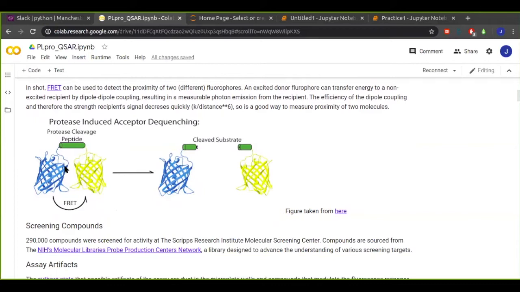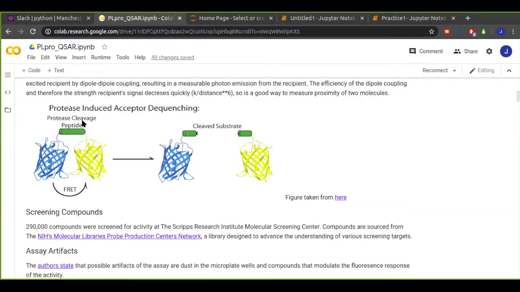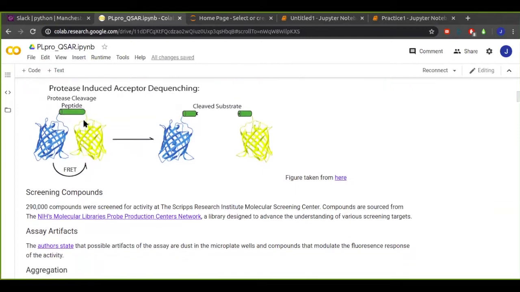And the way that's been used here is we're linking together these two fluorophores with a target site for the protease in question. That's pretty much how the assay works. If it's active, then it will cleave this peptide here. The molecules will drift away from each other, and we will no longer see the second fluorescence due to the fluorescence resonance energy transfer.